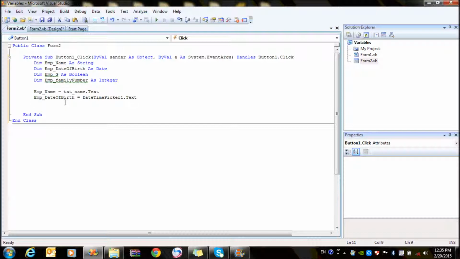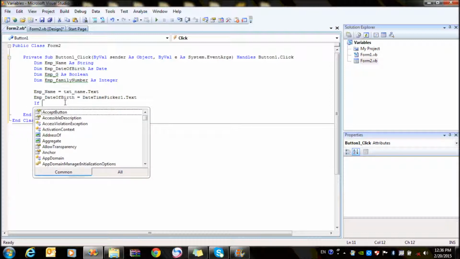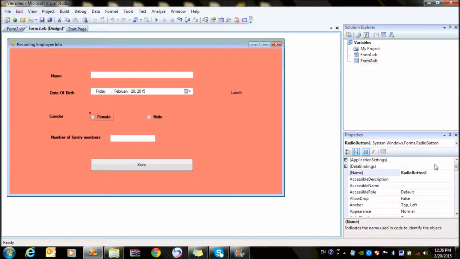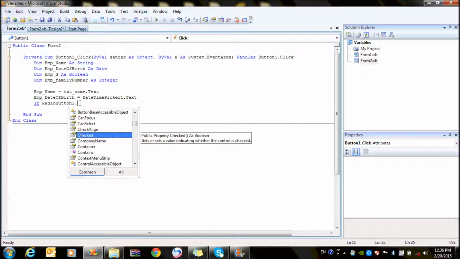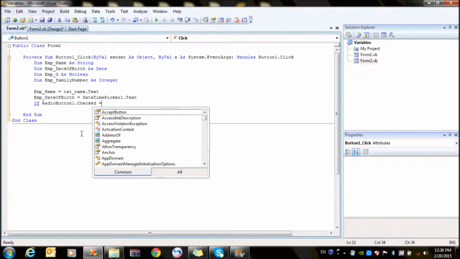The last one is the Boolean value. For assigning a Boolean value, we have to choose between two values. So for the time being, we're gonna use a simple if statement, which we're gonna take later on in more details. But till now, I need to assign two values for the same variable. So we're gonna write: if the radio button for female, RadioButton1.Checked equals true,